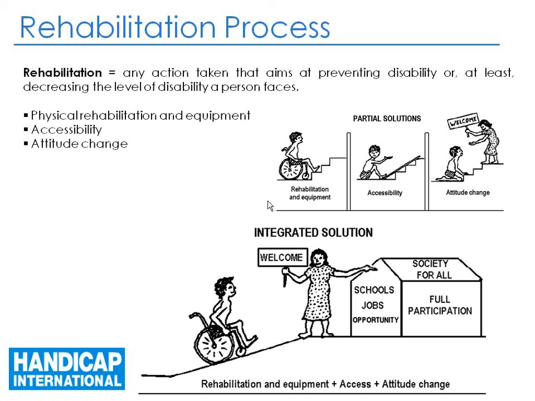This does apply to amputees, to people with amputation. They would face the same problem. If they don't have a prosthesis, they would have difficulties to walk. Even with a prosthesis, stairs still remain a problem, and the attitude of the community also might be a problem, even though with amputation it's usually less, especially after a disaster. In Haiti, for example, we saw that before the disaster, disabled persons were discriminated against, and they were much less after the disaster because they were seen as survivors and kind of heroes. But it still applies for people with amputation.